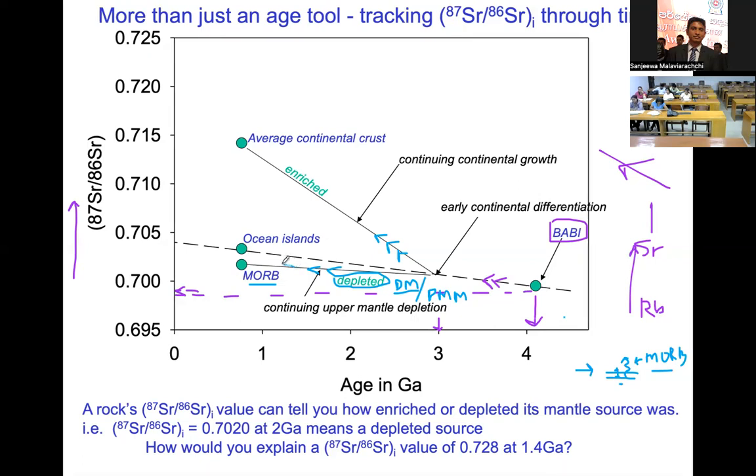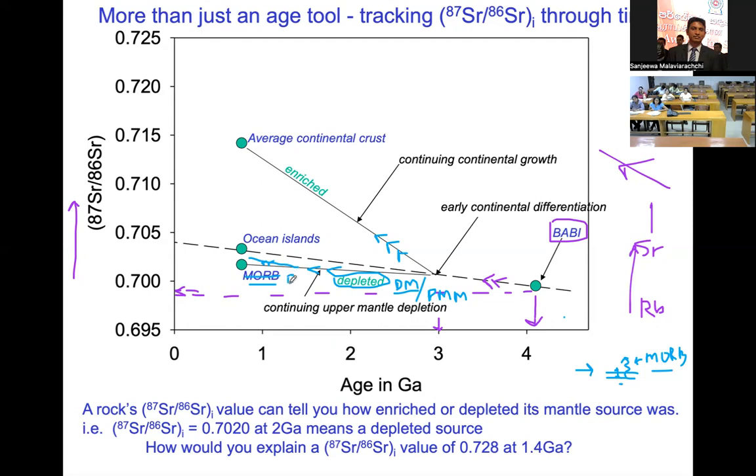For example, a very slight change. If you want to draw, you can draw the MORB composition like this, right? Actually, you can draw the MORB composition like that, and you can just cut this one and put there